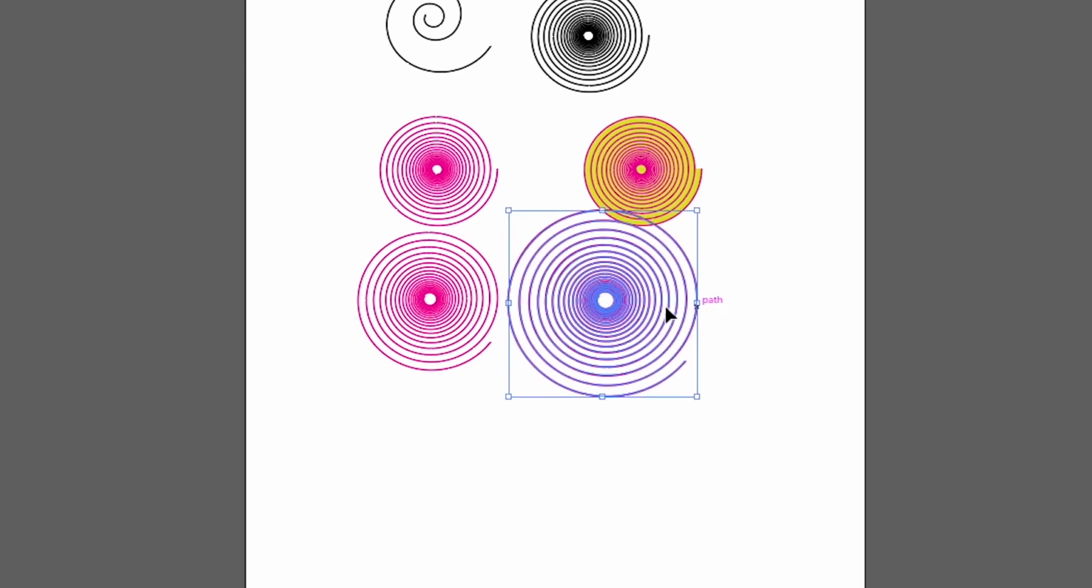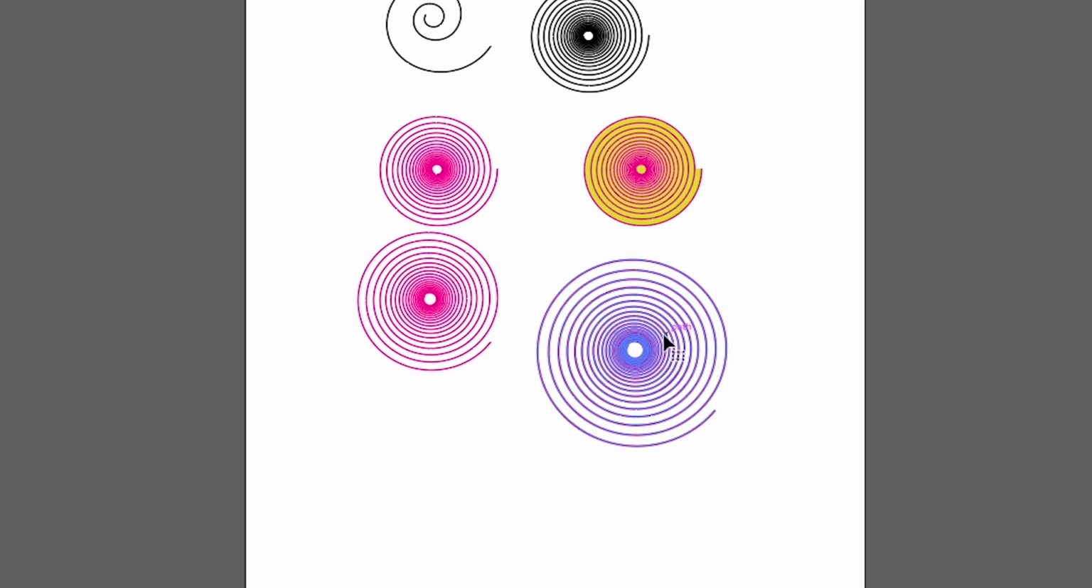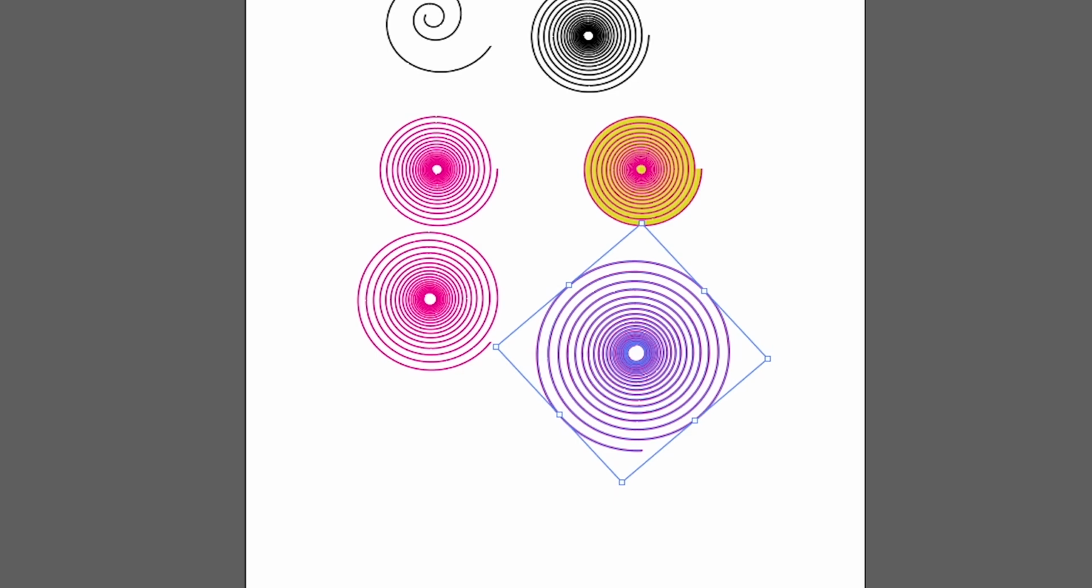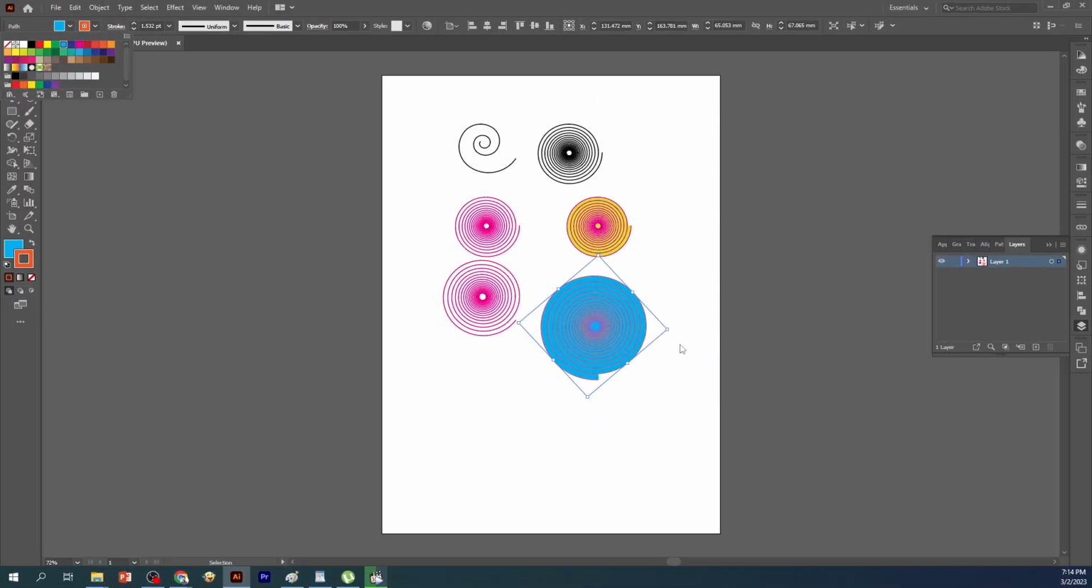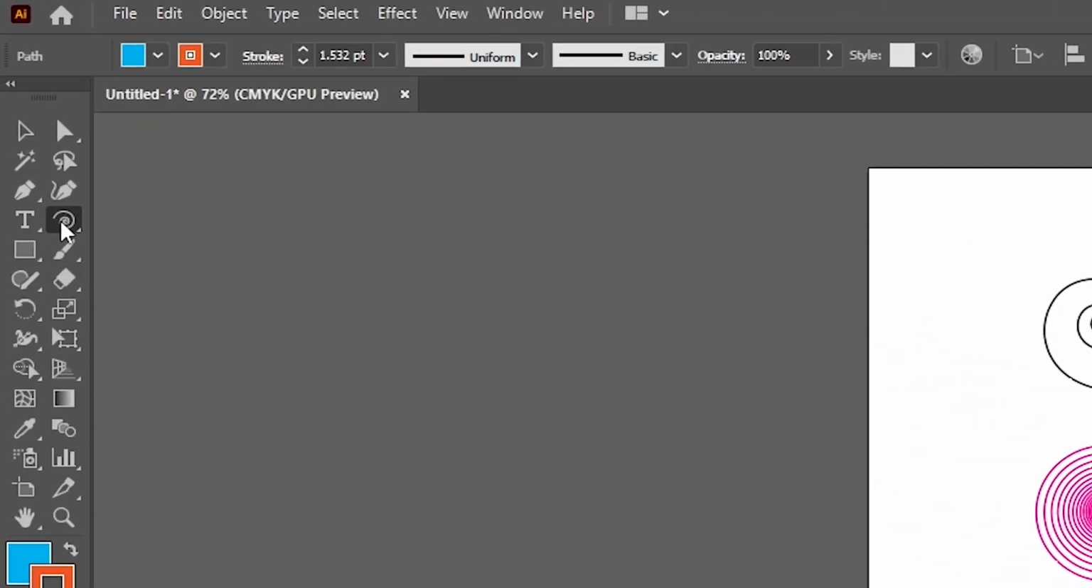You can adjust the spiral shape by dragging the handles that appear on the spiral. You can also adjust the spiral size by holding down the Shift key while dragging. To adjust these parameters, simply click on the spiral tool icon in the toolbar. This will bring